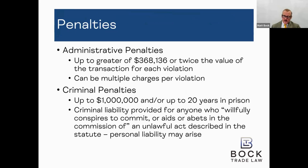So the penalties in this space are severe, again, because the US sees this area as an extension of foreign policy and national security. Penalties here are driven by fairly steep laws. They can go up to the greater of $368,000 per transaction, or twice the value of the transaction, whichever is higher. And of course, you can have multiple violations, multiple charges per violation. So you can see how this could escalate fairly quickly. The other thing is